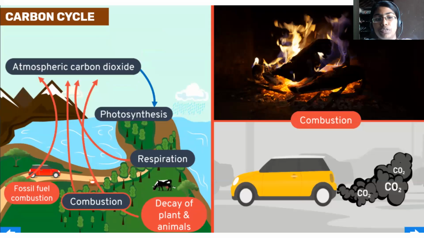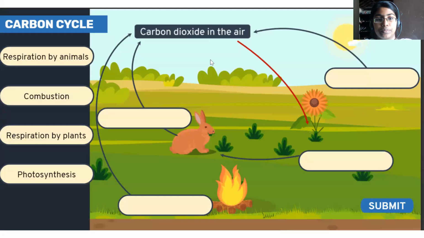Okay, here I'm going to give you a small activity. So you have to just write the points alone: how carbon dioxide gets emitted into the environment and how it is going back again. Very easy one. Carbon dioxide in the air will be utilized by what? And emitted again by what? I'll give you 1 minute. Please try filling that and next we'll discuss our answer.